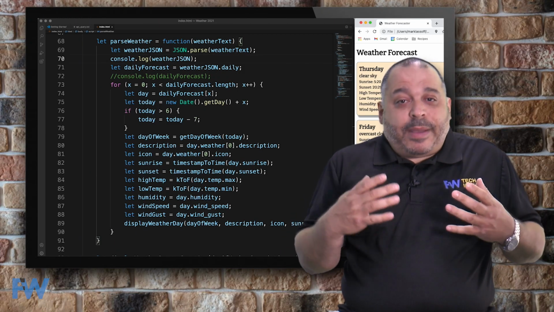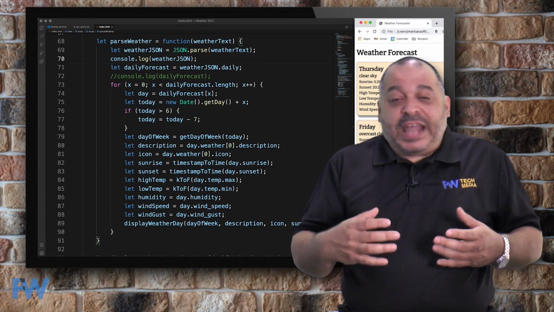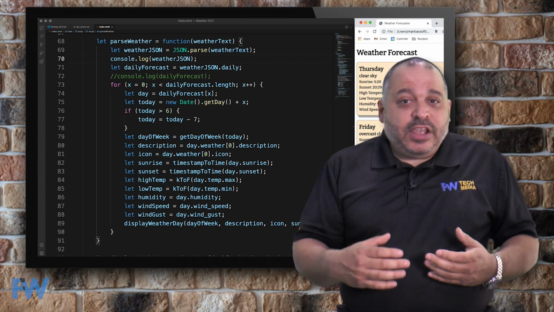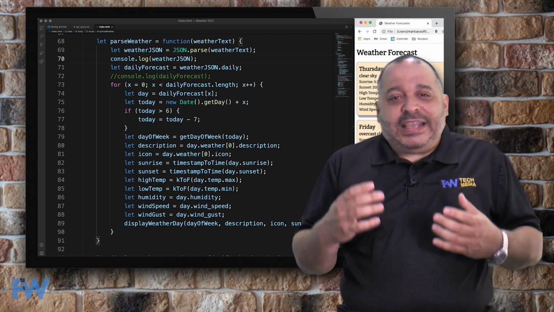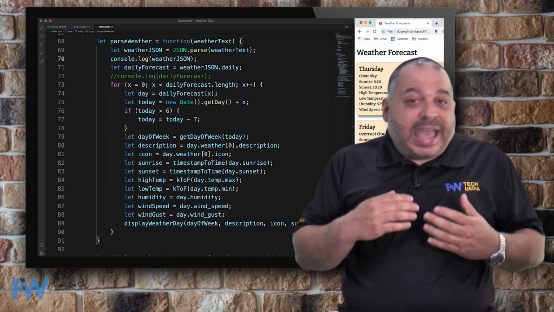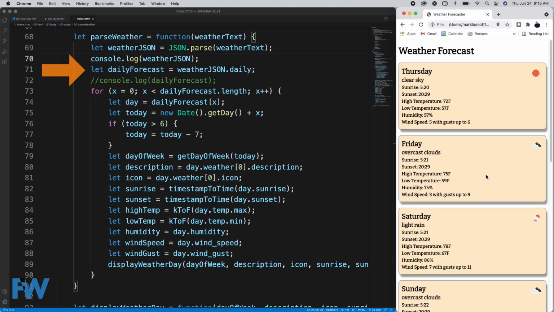You might have noticed there was a sub-object in the JSON called daily. That's where the daily forecasts were, and that's where all the information we're interested in is. So the next line of code takes the information from the daily inputs and stores that in a separate variable. That's happening on line 71: dailyForecast equals weatherjson.daily. Now, because we have nodes for each day in the forecast, we've got to loop through them and extract the information. So that's what our loop on line 73 does.